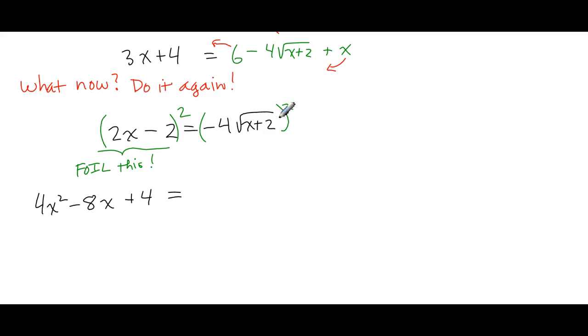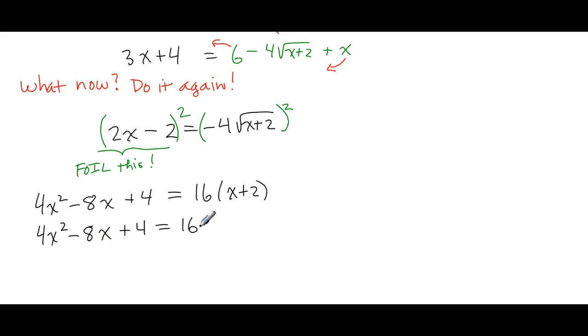Over here, when you're squaring this, you square the negative 4 and you get 16. And you square the square root of x plus 2 and you get x plus 2. But don't forget that 16's got to distribute into the x plus 2. Just like the example we did previous to this one,